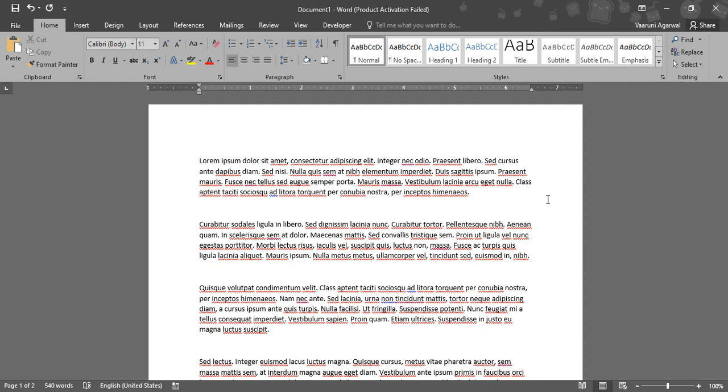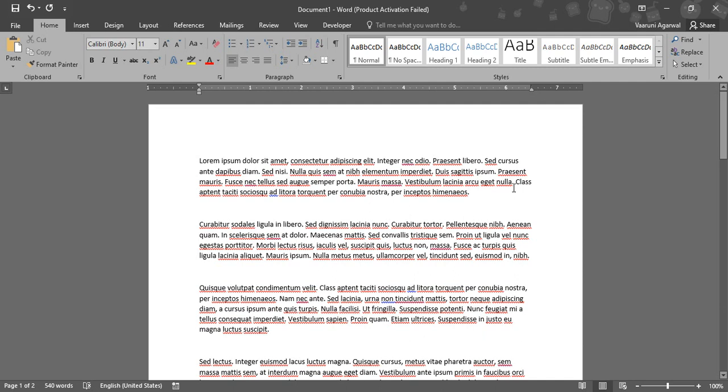In this video we are going to see how we can change the color of the text, or the font color, in Microsoft Word. Whenever we are preparing a Word document, user readability is an important factor, and that is why, just to show diversity in the text, we often use different colors. Let's see how we can do that.